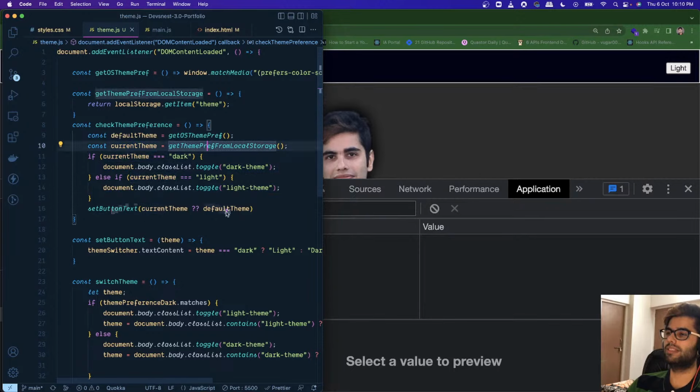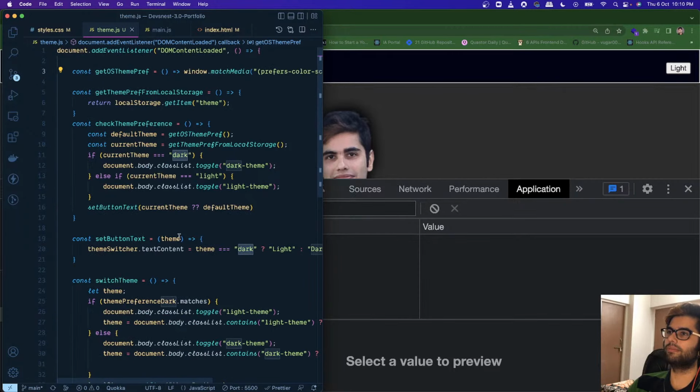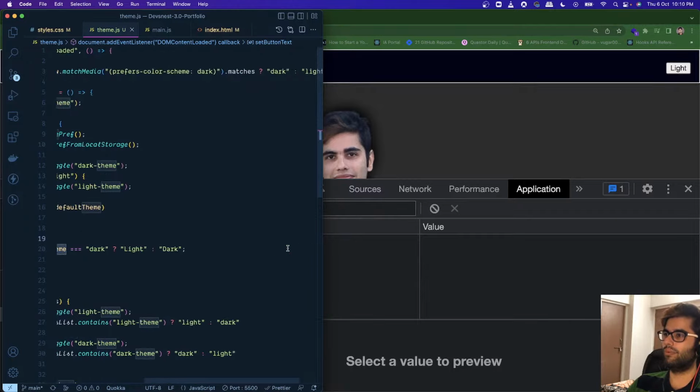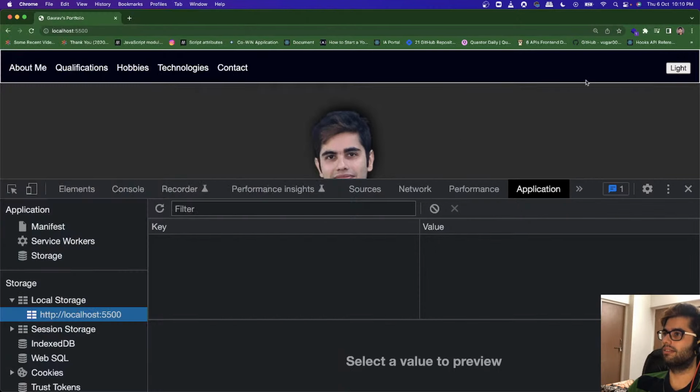So basically it picked up the default theme coming from the operating system level, which is dark, right? So we are checking if the theme is dark, then we're showing the text as light. Otherwise we show the text as dark. Okay. So when I click on light,